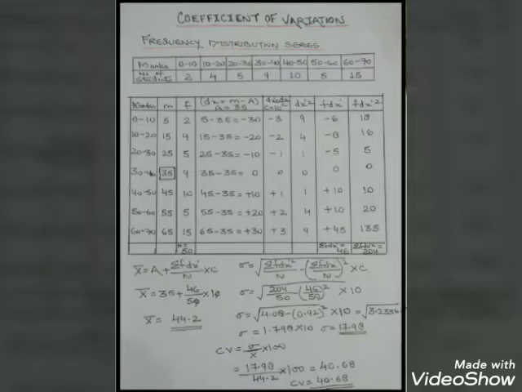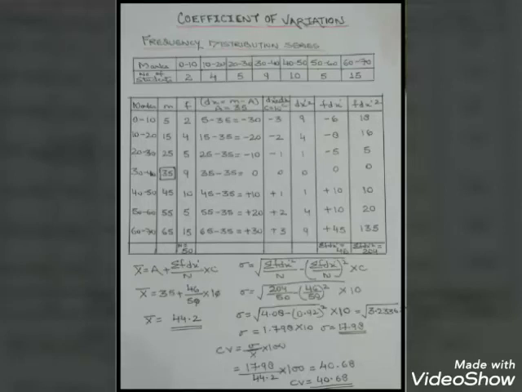Now the very first thing you are going to find out is the mean, because you know that to find out the coefficient of variation you need to know the mean. So children, over here you are going to find out the mean by the step deviation formula. It goes like this: a plus sigma f dx upon n into c, where your a, that is the assumed mean, is 35, plus sigma f dx, you have 46 upon n is 50 into c is 10. And when you calculate it, you get your mean as 44.2.